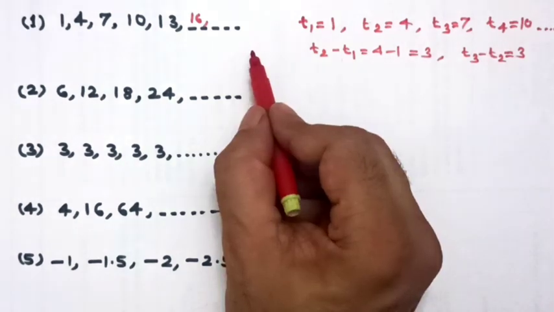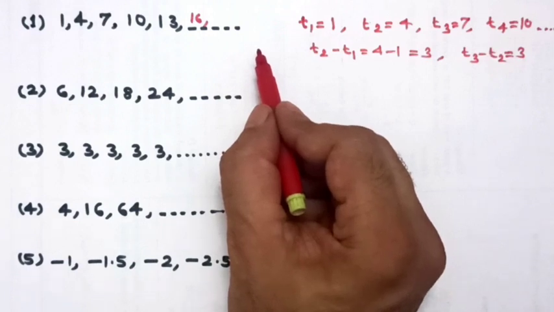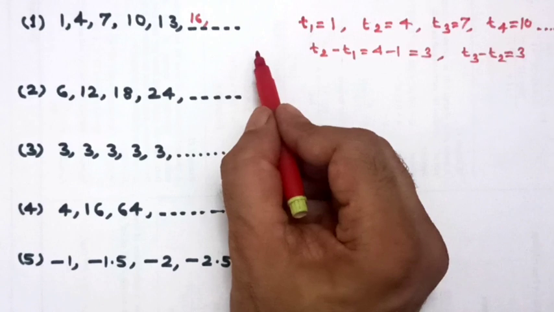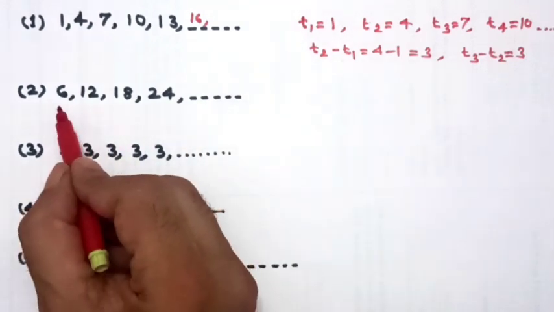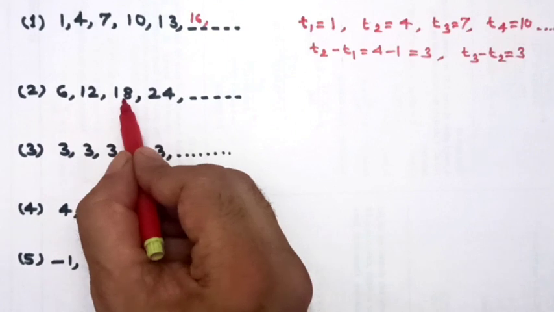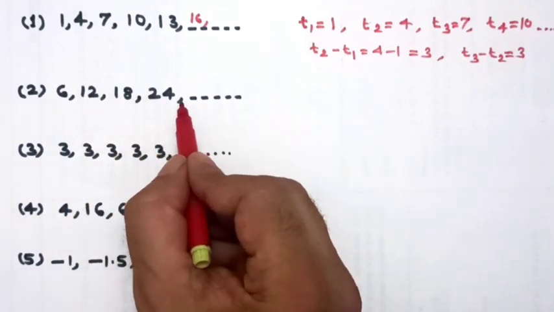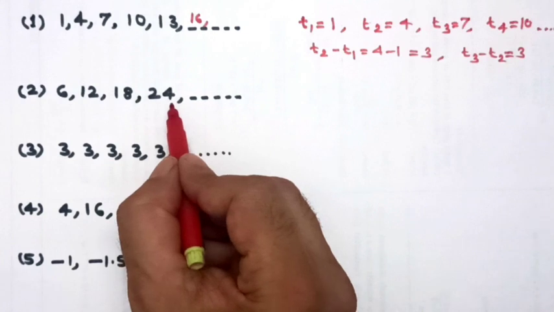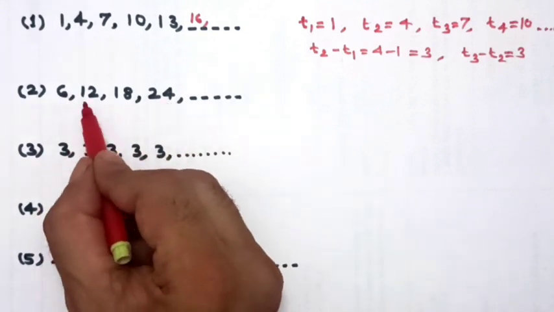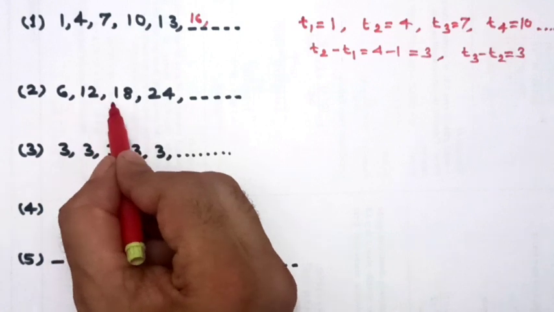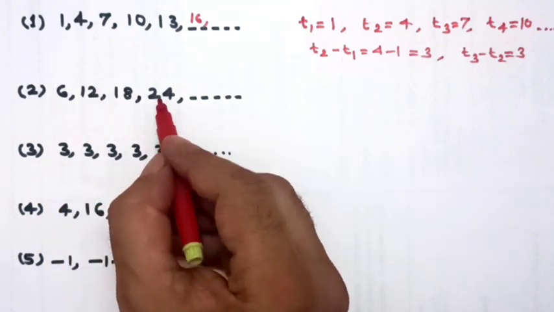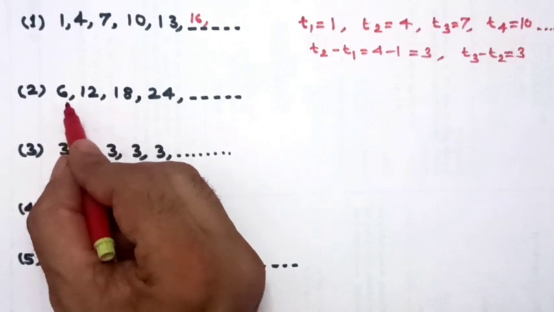I just want to tell you, this particular sequence is called an AP. Here the difference is constant. So this particular sequence is named or called an AP. In an AP, the difference between two consecutive terms is constant. Let's go to the next example. 6, 12, 18, 24 and so on, which is the table of 6. Actually you are adding 6 everywhere. 6 plus 6 is 12, 12 plus 6 is 18, 18 plus 6 is 24. That means the difference between two consecutive terms is 6.